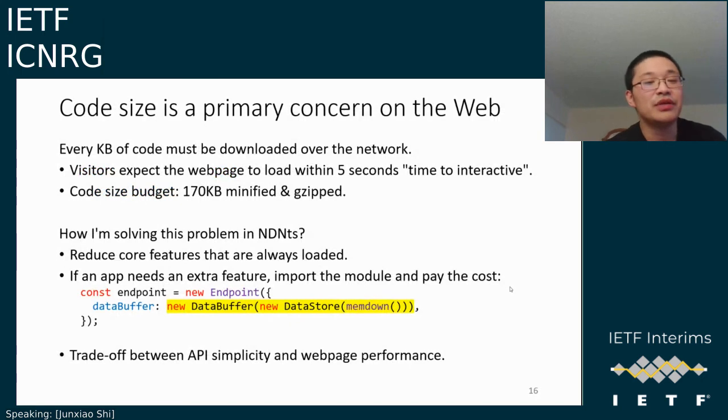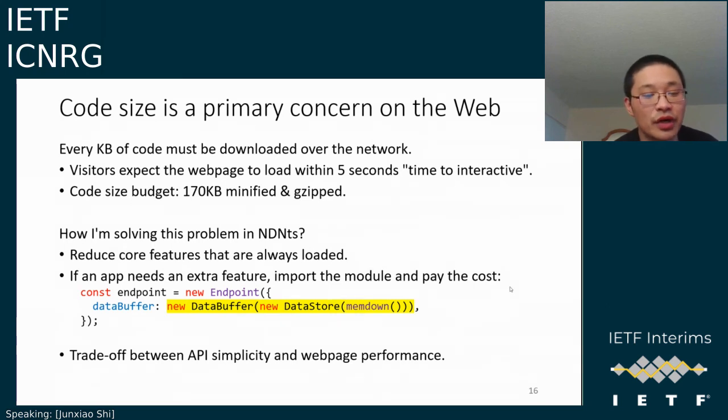And as I mentioned earlier, one of the challenges in NDNTS is that the code size is a primary concern on the web because every kilobyte of code must be downloaded over the network. Visitors will expect your web page to load within 5 seconds. That metric is called time to interactive. And to download within 5 seconds, the code size budget is 170 kilobytes compressed. So to solve this problem in NDNTS,